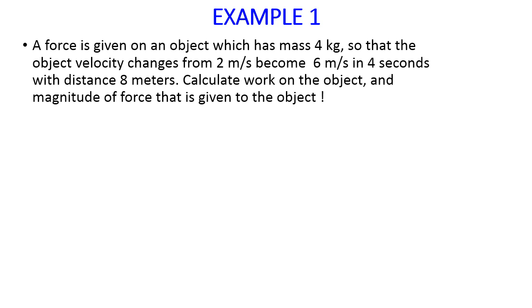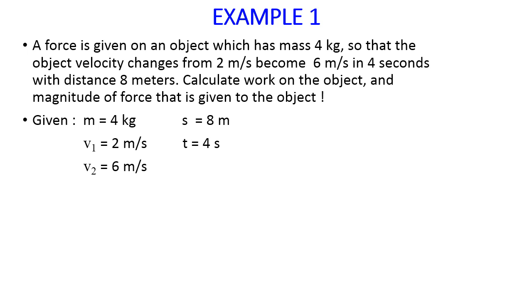From the problem given, m or mass equals 4 kilograms. You should notice that the mass should be in kilograms. And v1 equals 2 meters per second, v2 equals 6 meters per second, displacement S equals 8 meters, and t equals 4 seconds. Asked: work W and force F. Answer: